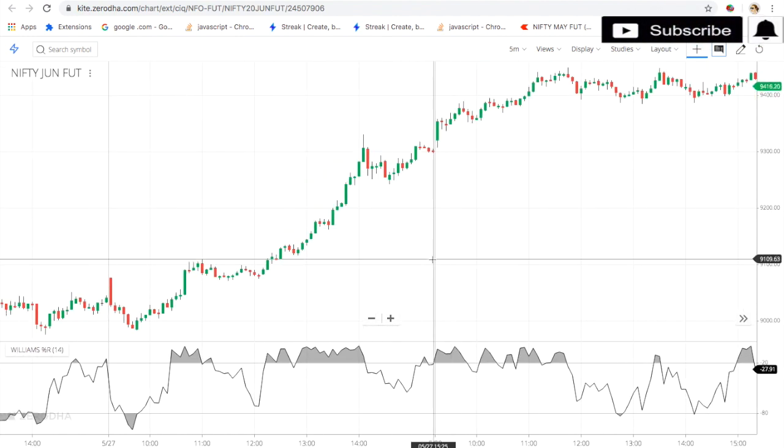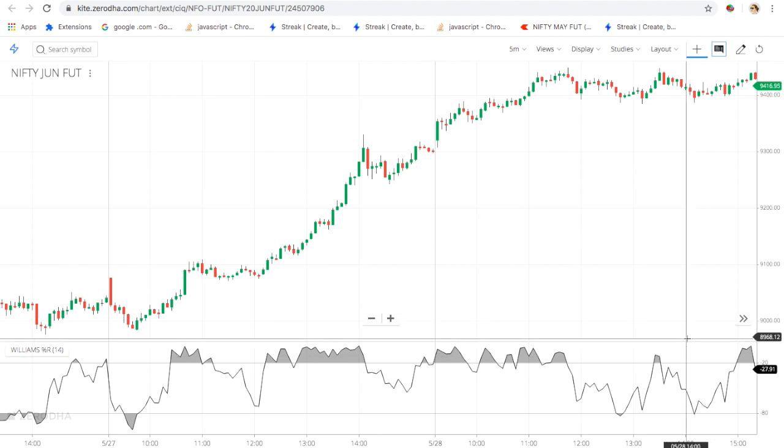Now, how to trade? The first method is simply that whenever it does a breakout, you are going to buy. So I am going to buy here. Breakout, I am going to buy here. Breakout, I am going to buy here. Simply, whenever a breakout happens, you buy. Whenever it breaks down below -20 here, then you are going to sell. At this point I am going to sell for some profit. But it shows a low made in the last 14 candles.